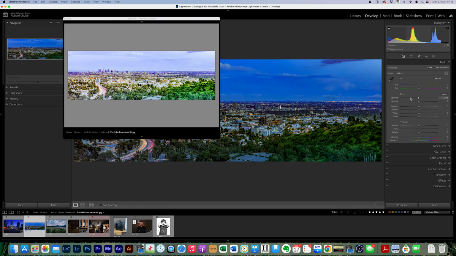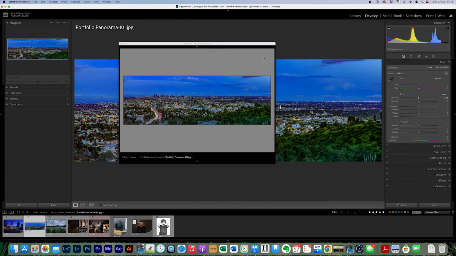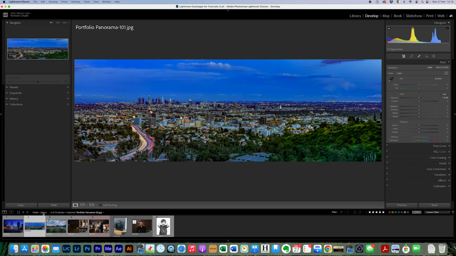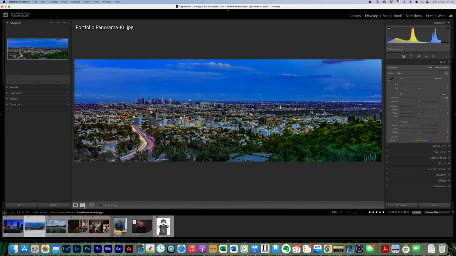So if you had this little window here, if you drag that out to a second monitor, you could have just that big screen next to you while you do all the work on the main monitor here and just see the changes on the second screen. And like I said, everything else is the same. You can see your recent history of where you've been, the folders that you've been to, things like that. But again, it's the same as the Lightroom library module, and it's explained in a lot more